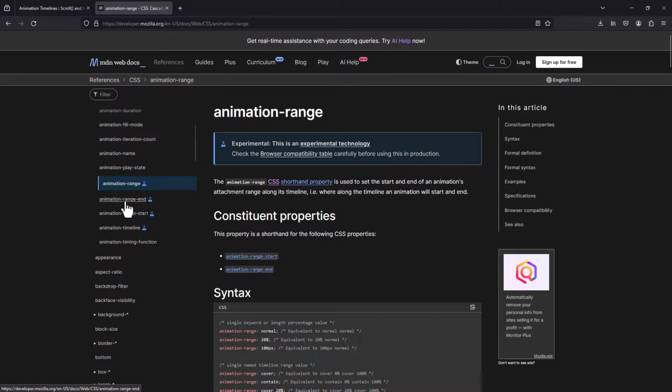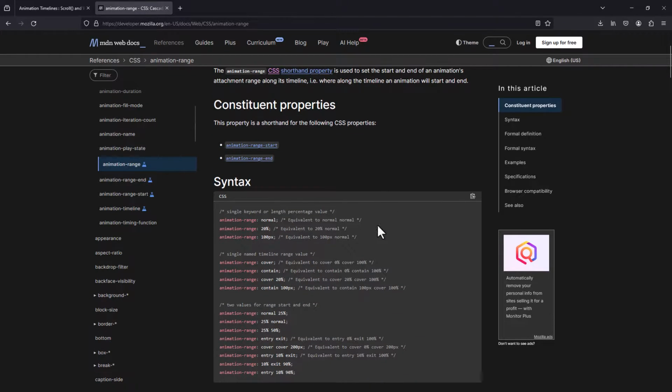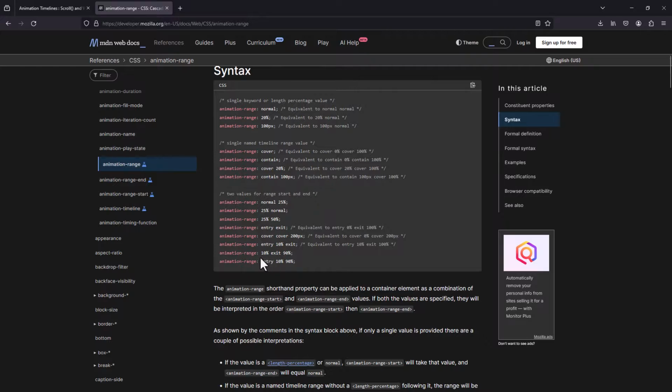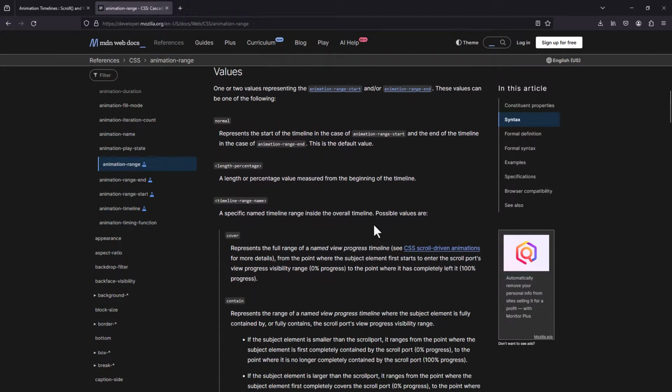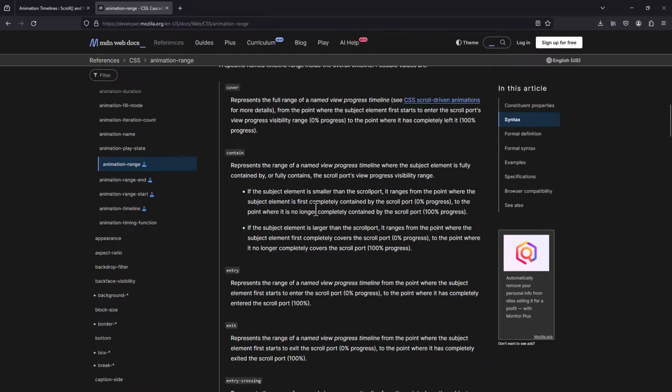So animation range is shorthand for animation range start and animation range end, and for a lot of the different properties for animation range, it shows you how you might set these. And so you'll notice that there's an entry, exit, as well as this thing called cover, and you can learn a little bit about what that means. And you can see that cover means the point by which the element that we're animating first starts to enter the scroll port's view progress visibility range to the point where it has completely left that visibility range. So as it enters and finally exits, it's a little different than the entry and exit ones, but I'm going to pop back to my code